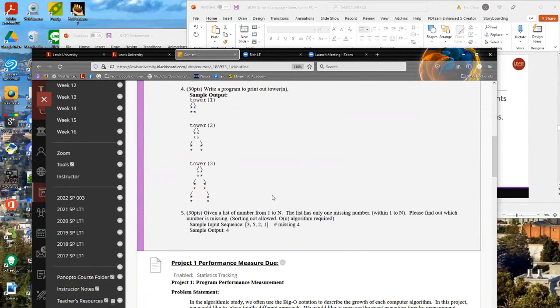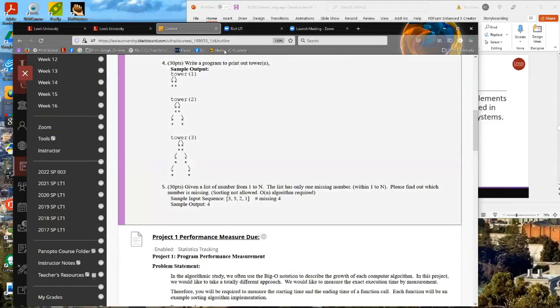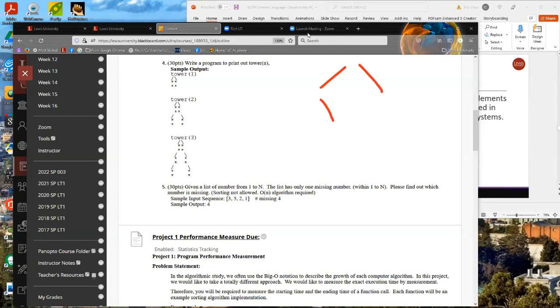Okay. So this one is to test your capability to do modeling. Let's look at tower 1. Basically, this one is depth 1. Then it starts at 2 times. So this one is the first iteration, you print this one.